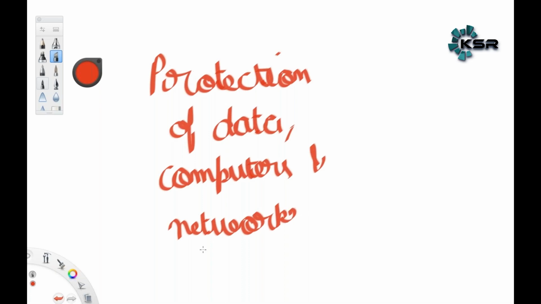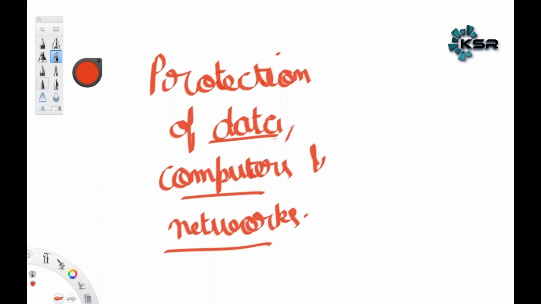That's a very basic definition of what cybersecurity is. You try to secure the networks you are inside right now. You try to secure the devices through which you are accessing the internet or private networks. And eventually what you're dealing with is data. So protection of data, computers, and networks can be known as cybersecurity at a very simple level.